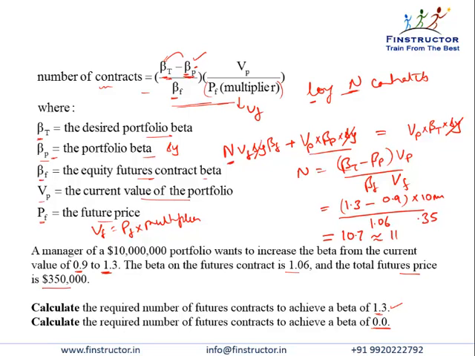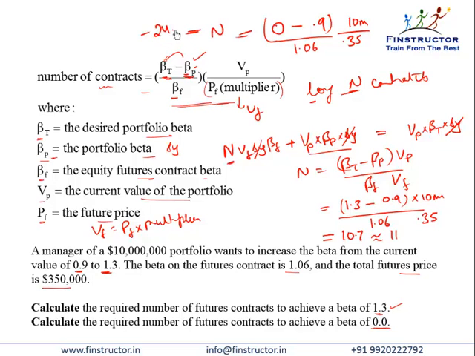Similarly, let's solve part B, that is, calculate the required number of contracts to achieve a beta of 0. So in a similar manner, the target beta now is 0. The beta of the portfolio is equal to 0.9. The value of the portfolio is 10 million. The beta of the futures still is 1.06 and the value of one futures contract is 0.35 million, giving us the number of contracts as equal to